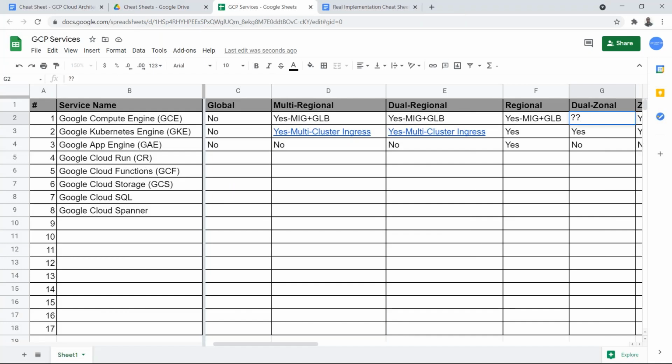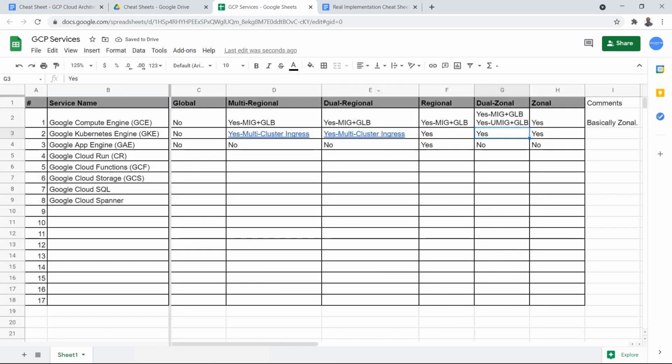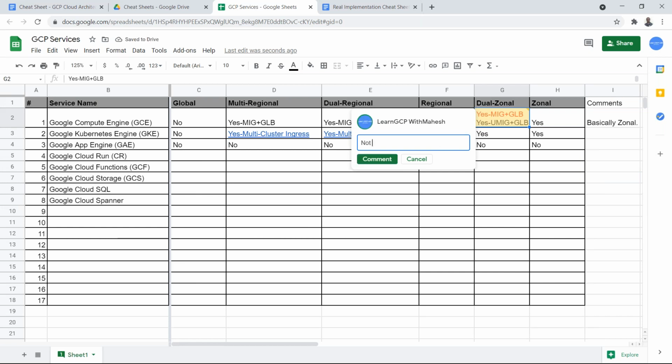So I'm just going to add it like this. Yes, MIG with load balancer. Yes, unmanaged with load balancer. Let me slightly reduce this font. Okay, I'm going to mark this in red, indicating it's not recommended, so that you know that. I can add a comment if it is possible: not recommended